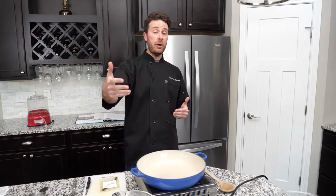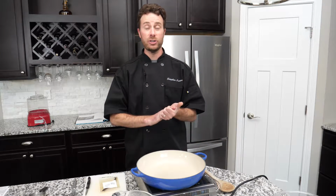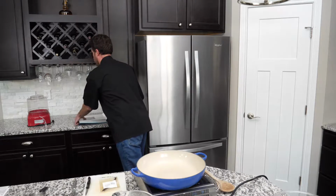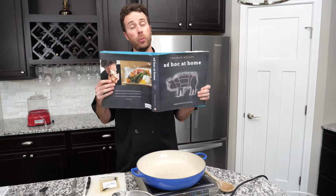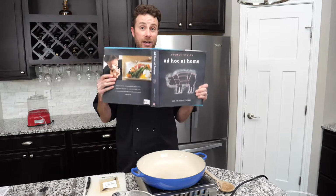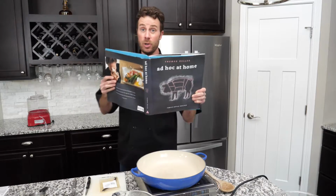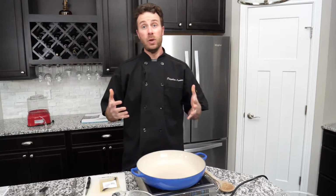I do want to give a shout out to Thomas Keller. Thomas Keller is my own personal favorite chef. He runs the French Laundry out in Napa. He also has a restaurant there called Ad Hoc. This is actually the cookbook from Ad Hoc, and this is where we're going to be taking the recipe from for tonight. So this is Thomas Keller's vanilla ice cream,